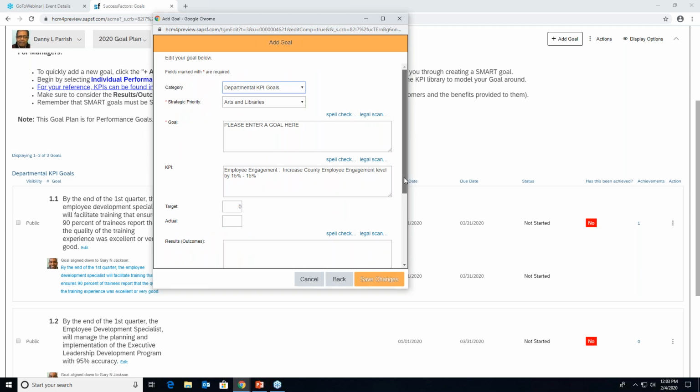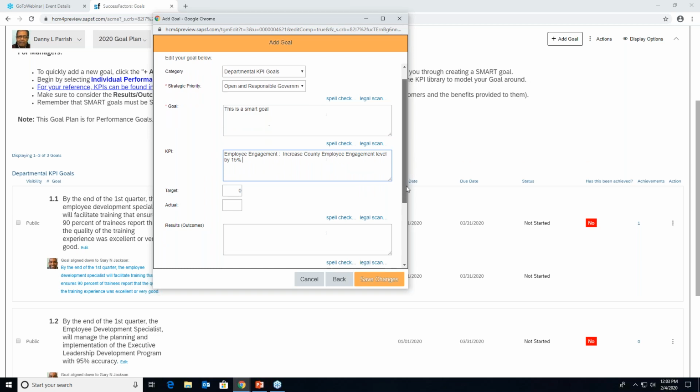And similar to what we just saw, it pops up this box. You would change your strategic priority area, type in your goal, and the next section, as you can see, it put what your KPI is that you selected, so you don't have to change that information.